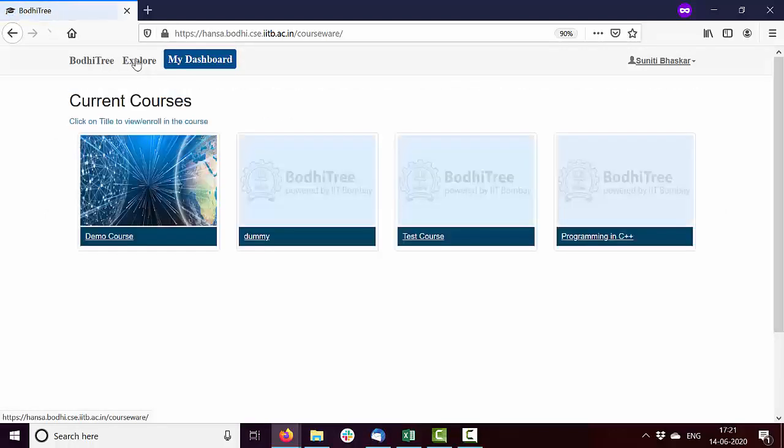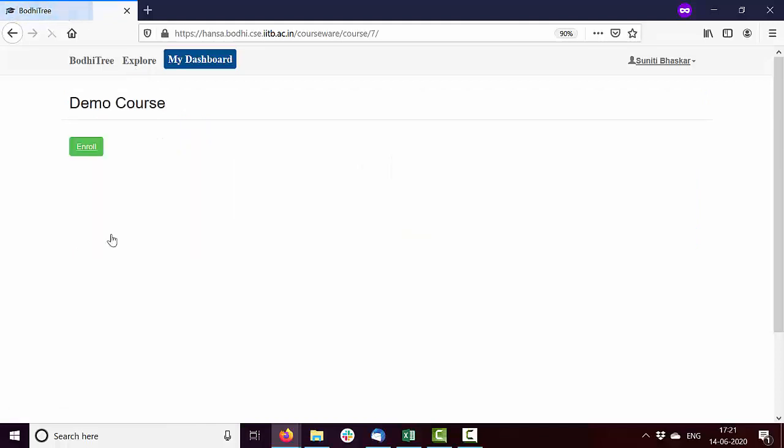This is not the course I want the student to enroll in. So let me go here. And this is the course which we created, and there is an enroll button here. So the student will enroll using this. But remember, we set that course to be a moderated course. Thereby the student cannot get into the course until you, as an instructor, approve. Had it been an open course, the student would have directly gotten into the course and seen the material that you have uploaded. But because it is a moderated course, you have to approve.